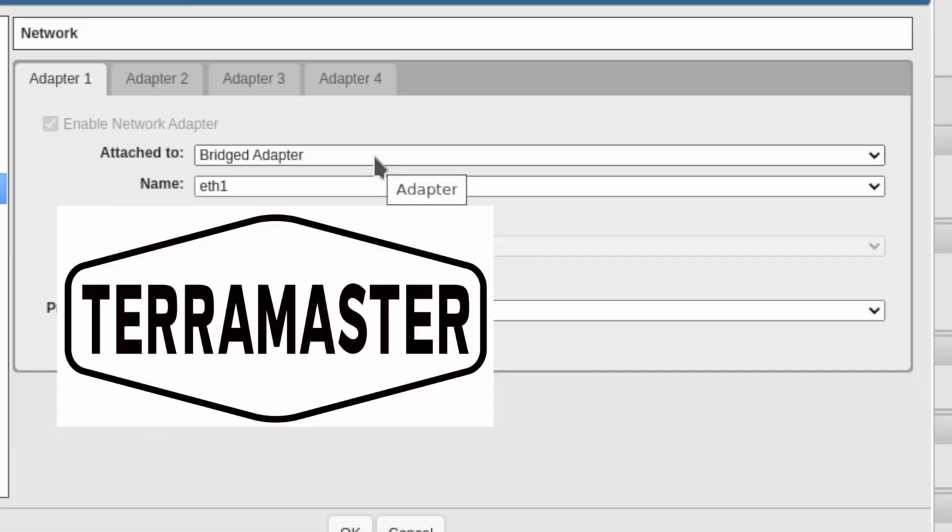Before we close the tutorial for today, I'm going to give you a little bit of a lesson, because in the next tutorial we're actually going to be installing a router inside of the TerraMaster NAS system, so we can use it for our fiber optics connections and whatever else you might want to use it for. Inside of VirtualBox, if you go to the network, and you see this here,